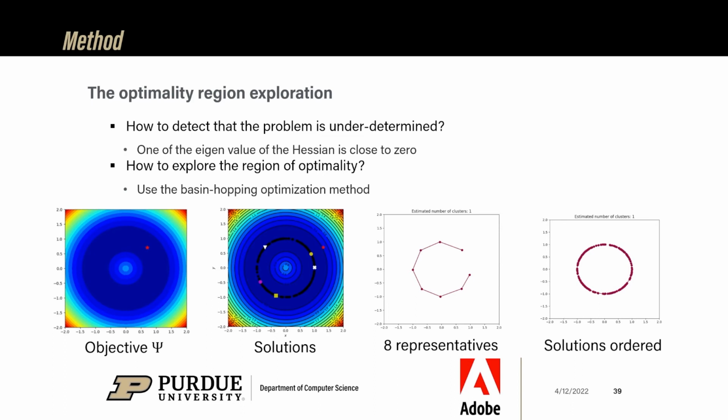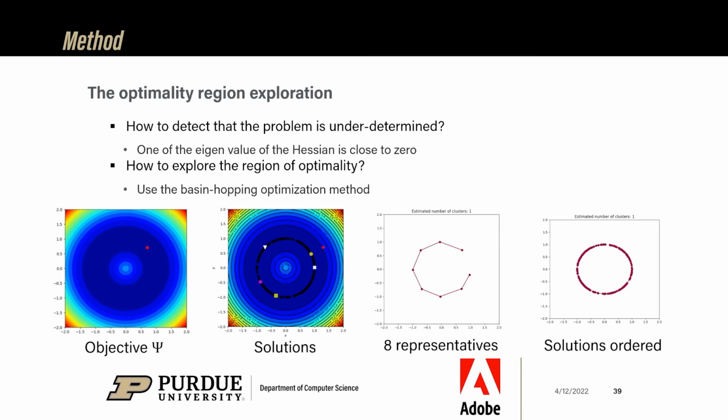What it does is that it takes random jumps from the region of optimality and then runs some local optimization to make it back to the region of optimality. If you repeat the process many times, essentially what you get is a sampling of the region of optimality. Conceptually, you can see it like if we throw a marble on the objective function and we look for attractors of this complex system.